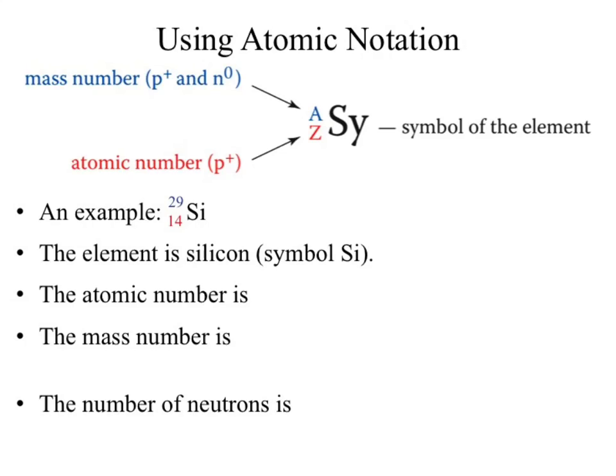I've seen it centered, and now I've seen it shifted to the right. So be aware that that can shift around on you. Look for the legend. Make sure you know where to find the atomic number. Yes? And I always thought that the number of protons was literally the same number as the number of neutrons.